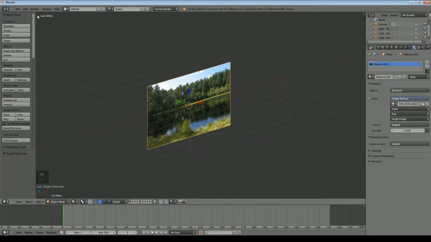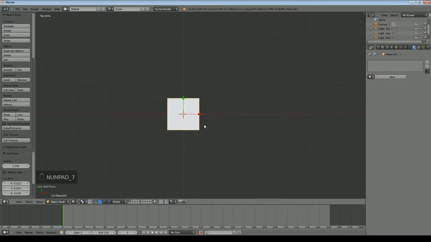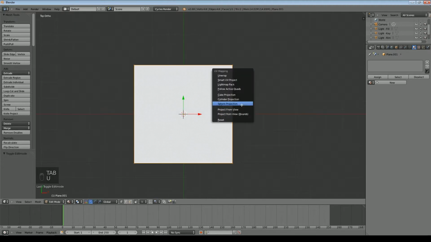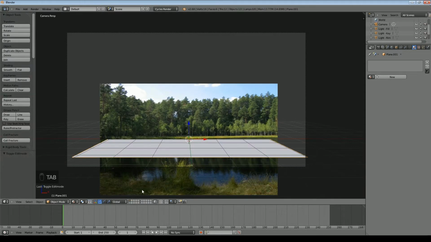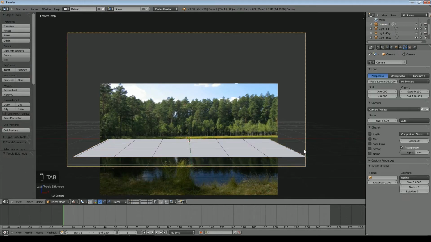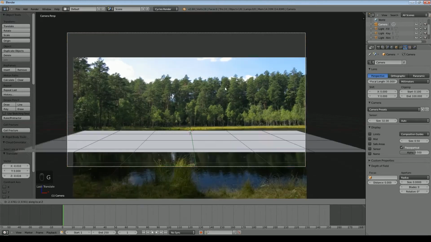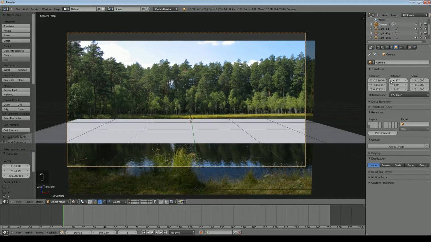And we'll do that now, and we'll add a mesh plane, look from the top. Doesn't really matter too much about unwrapping it, but I will anyway. So into edit mode, U, project from view, bounds. Now we'll look from the camera view. So come out of edit mode, bring up my camera, we'll move the camera around a little bit. Obviously I want to be able to see the surface of the water, so we'll move the camera forward a little bit and we'll alter the angle of the camera slightly.